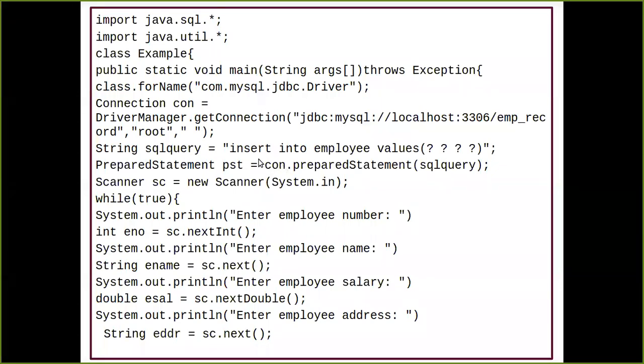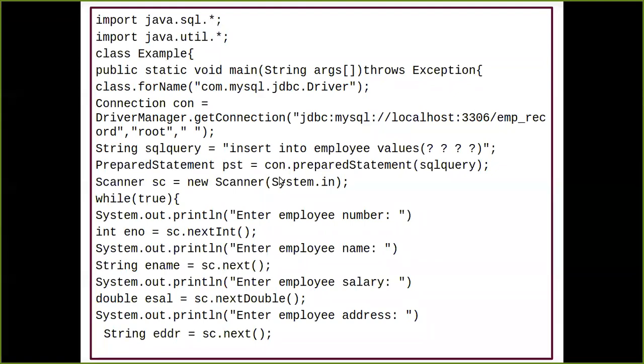Once I have used this connection object, I'm going to call one method of the PreparedStatement interface, that is the prepareStatement method. Don't get confused: this is a defined method which comes from the PreparedStatement interface, and this interface is present inside the java.sql package.